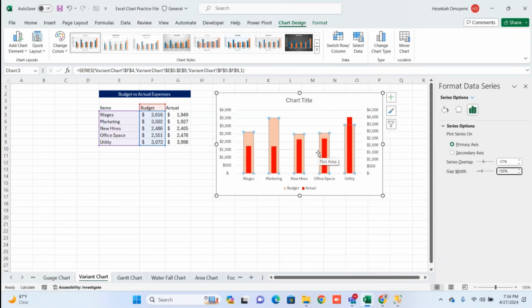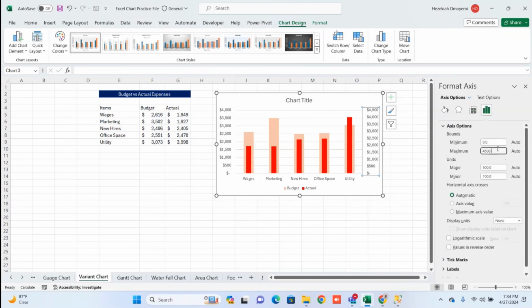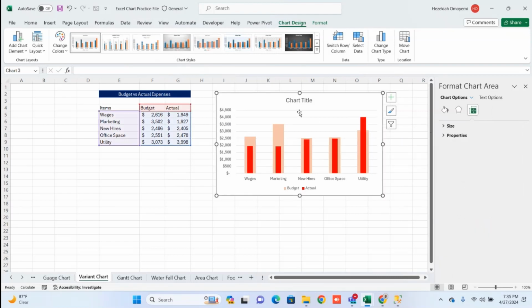Now, the next thing we need to do here is to change the axis. If you see one of these axes here, this is 400 and this is what? 4,500. So let us change this and come to this place. We change the maximum to 4,000, right? So that will make it equal. And we can now delete one of these, we can get rid of one of these, and then